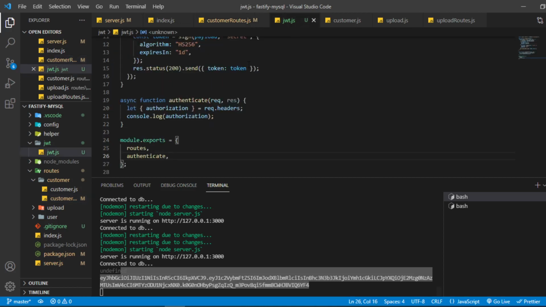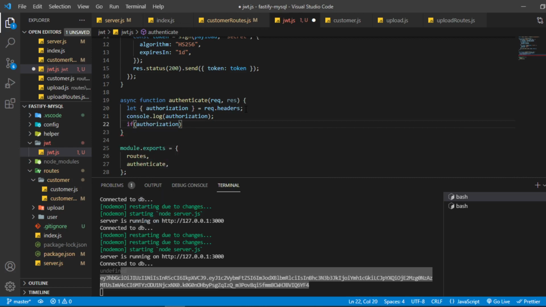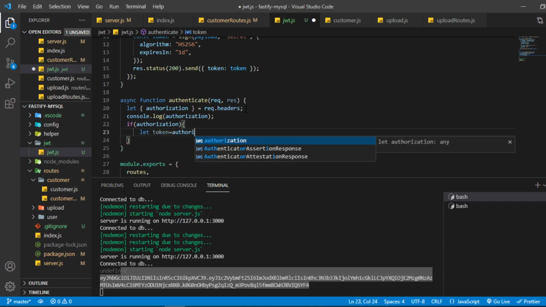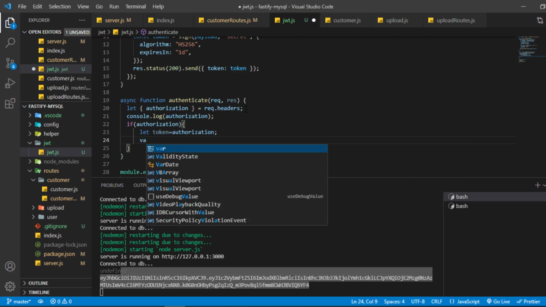Okay, so what we can do right now, we will check first if authorization is there. If authorization is there, we can simply let token equal to authorization, like this. And then we can also verify it.